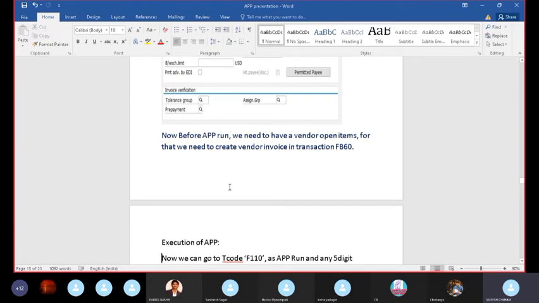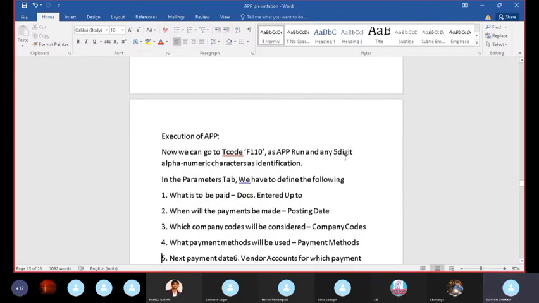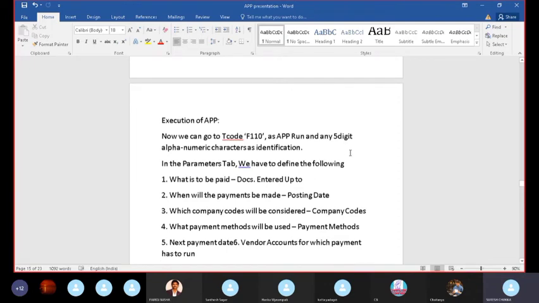Before running APP, you need to create one invoice transaction using FB60 or FB70, depending on whether it is a vendor or customer. After that, in APP you'll have some requirements like parameters. You have different steps: first the parameters run, then proposal, then payment. You have three different steps going in,